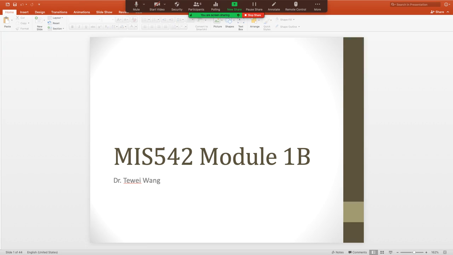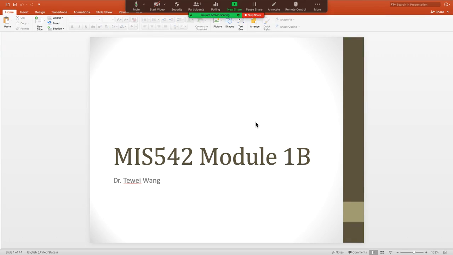Right. So Module 1B is actually a tutorial that is not associated with any assignment. It is a tutorial more or less to prepare you for the next few assignments. And the reason being that in this particular tutorial, I try to introduce some of the technology features that we're